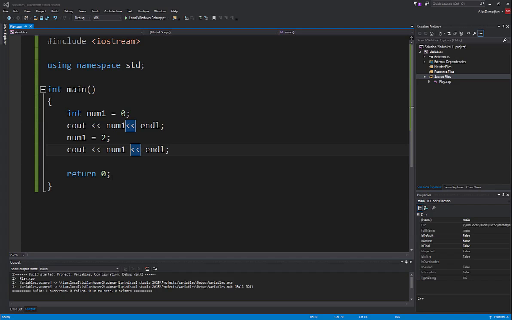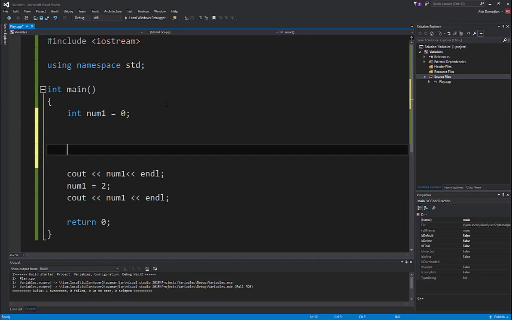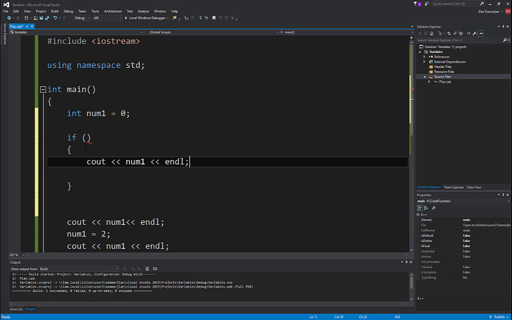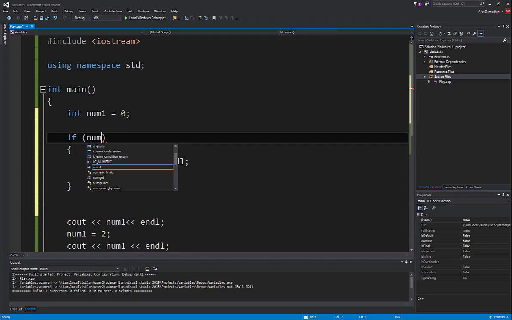Okay, so let's take a look at making decisions within our program. So right now we have cout num1, num2. What I want to say though is, let's think of a condition that checks whether num1 is equal to 0. So we can say if, open close curly braces, and we can drop something in here. So we can say if num1 is greater than 0,